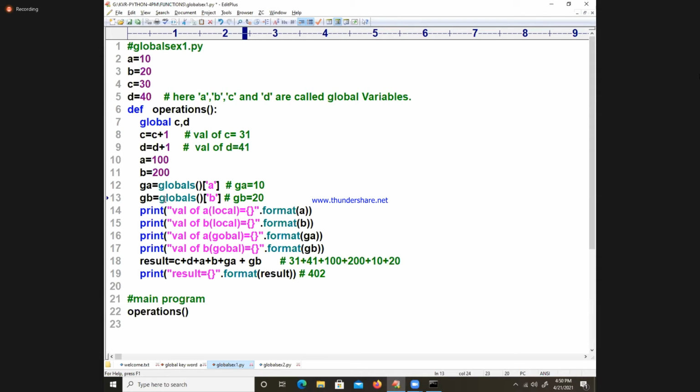So this GA is not a list. A value is stored here. You see, GA is 10, GB is 20. It is not a list. GA is after all just one variable name. If you feel it is a list, we can't do anything else. You need to read the notes first of all. Okay, right. So take care about this.